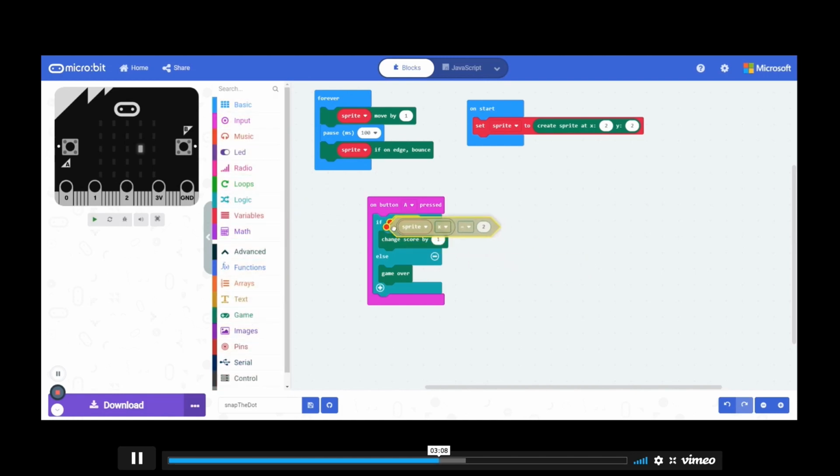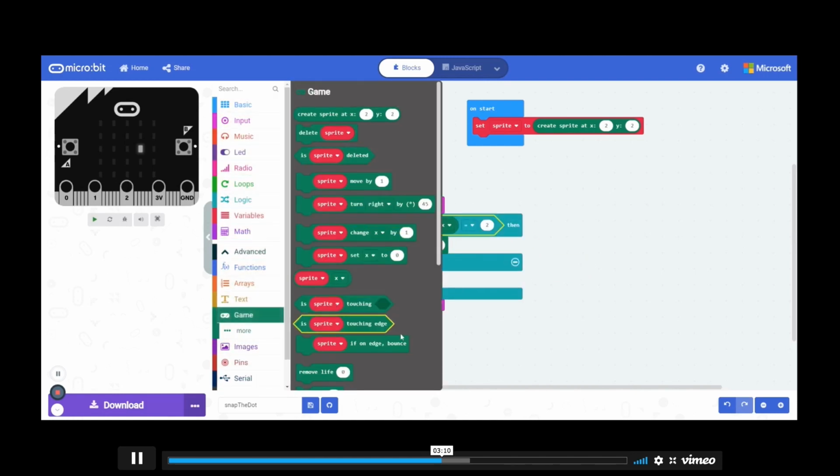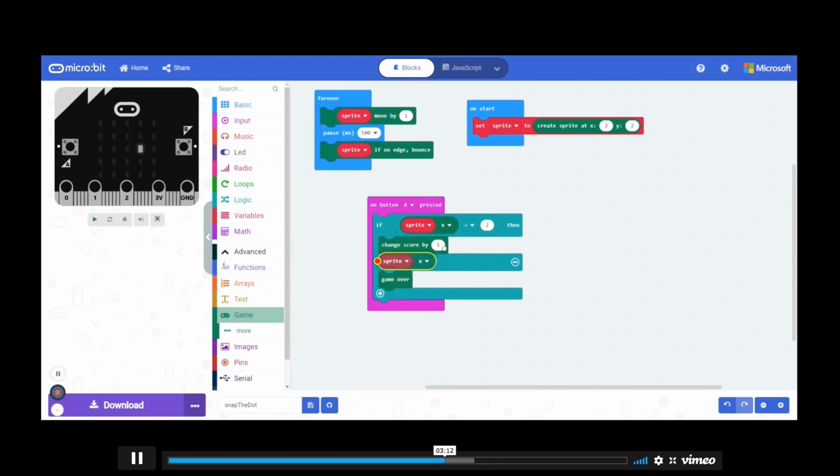After that, you're going to need to go to game, go to sprite X and put it in one of these circles, so this circle. As you can see, I've already done that. And then you need to change this, which would originally be 0. Then you need to change it to 2, so it will be, yeah. So if it's on button A press, it's basically if the sprite X is equal to